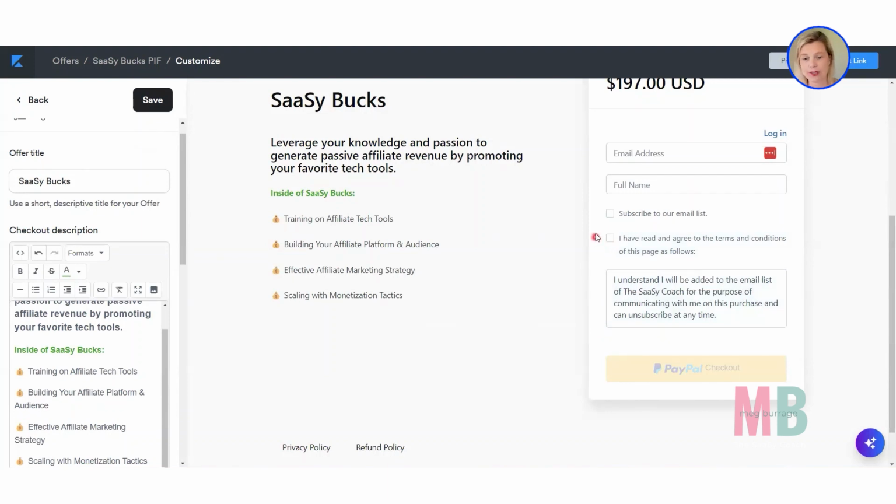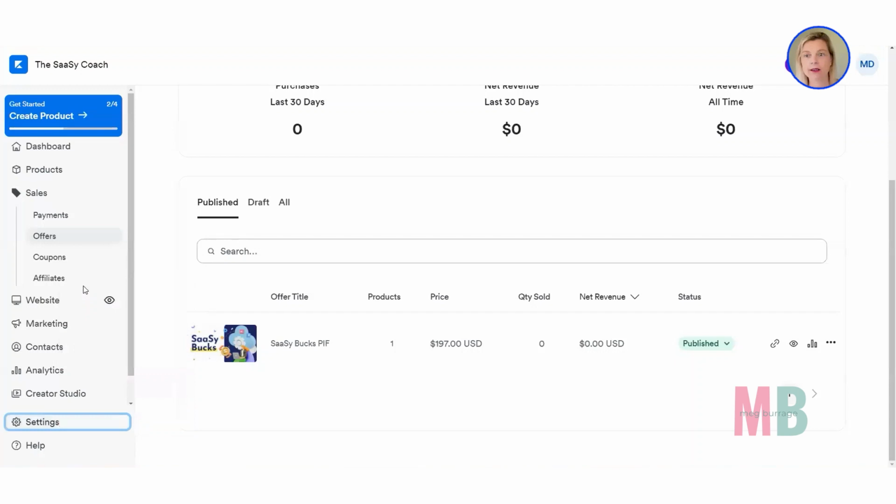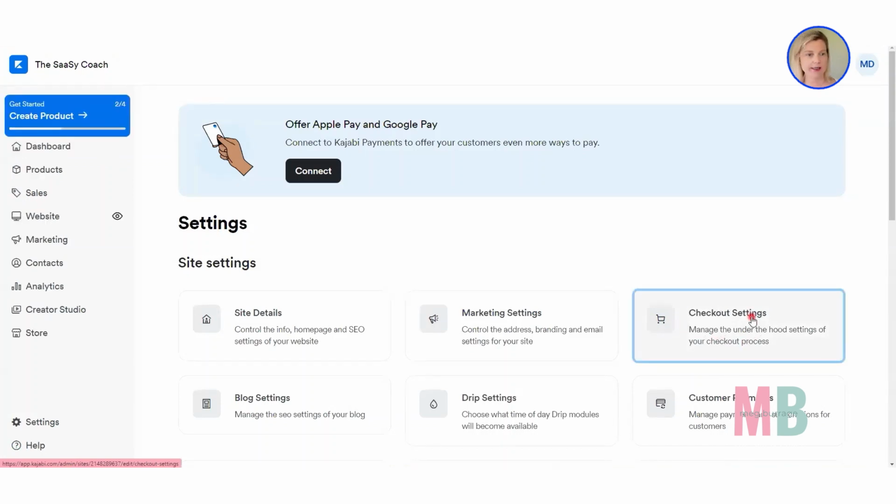So what I wanted to do was add this checkbox, and I want to take this checkbox away so that they are added by default into the email list. Okay, so if we go back over into my site settings, up here. All right, so in order to auto subscribe them, that is done inside of your checkout settings. So if we go in there,